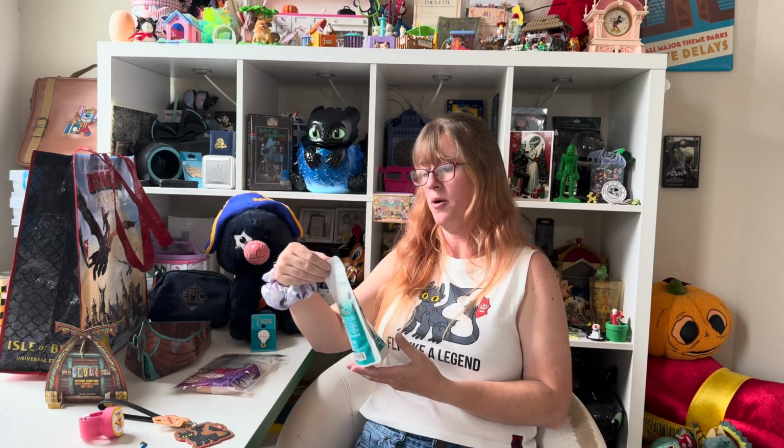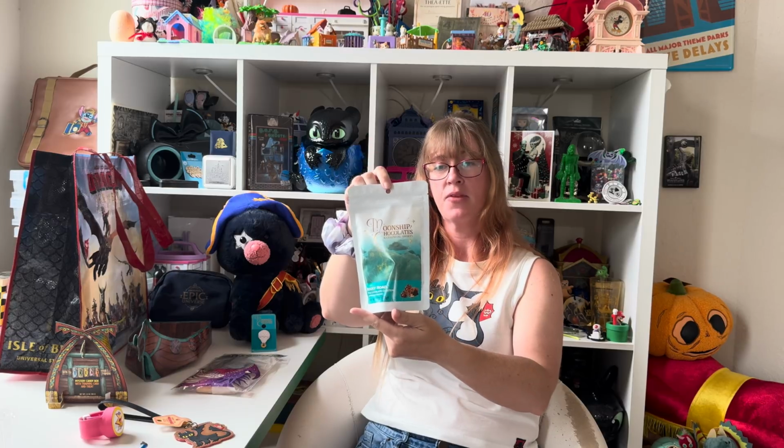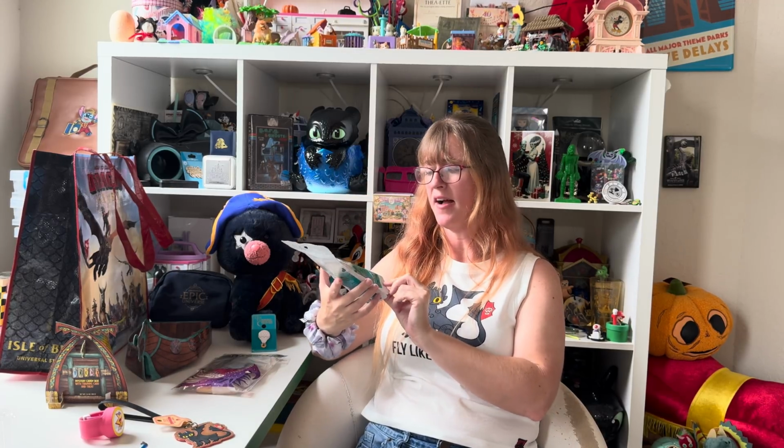but they also have some special stuff for Celestial Park. They have Moonship chocolates and Celestial sweets. There are different kinds of candies, different kinds of packaging. I got Rocky Road. There was a vegan one. I almost got the vegan one just out of curiosity, but I got the Rocky Road. I really just wanted to try something from there,